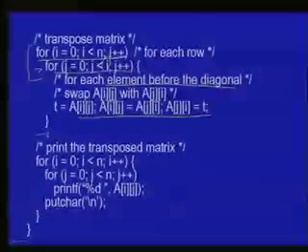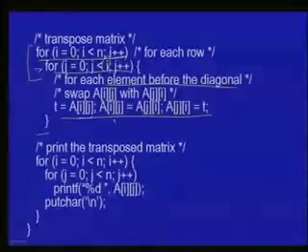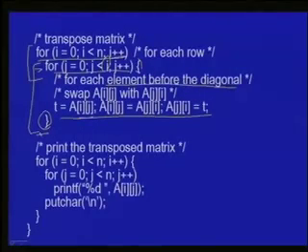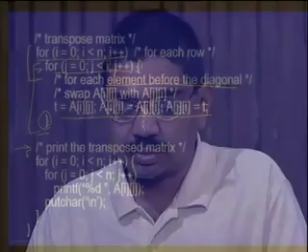Note that the inner loop has 3 simple statements in its body, and so therefore they have been clubbed into a compound statement using these curly braces. As far as the outer for loop is concerned, the body consists of this single for statement, and therefore the braces are not required. So finally, when the loop ends, it's time to print the transpose matrix, and we just